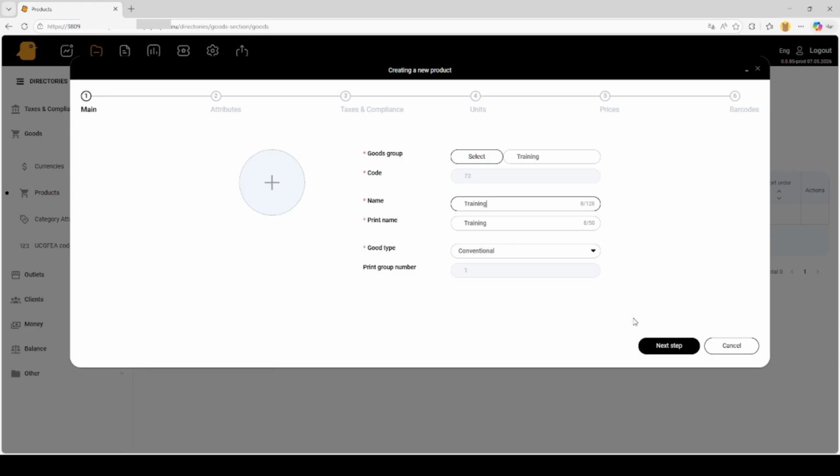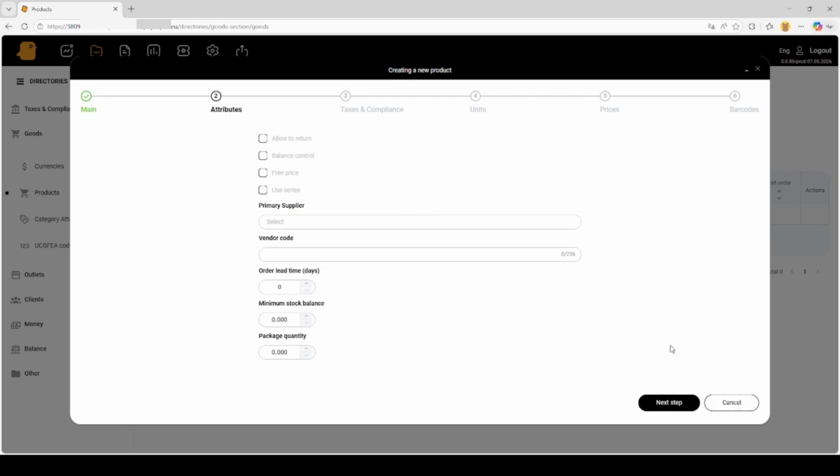Select the type: regular item, prepared item, or collection. Print group number. The code will be assigned automatically. You can also add an image if you wish. When all the mandatory fields, those marked with an asterisk, are filled in, press the Next Step button. In the Attributes tab,